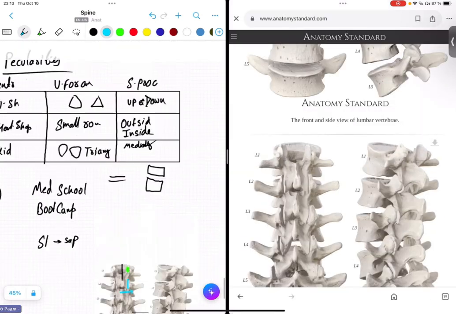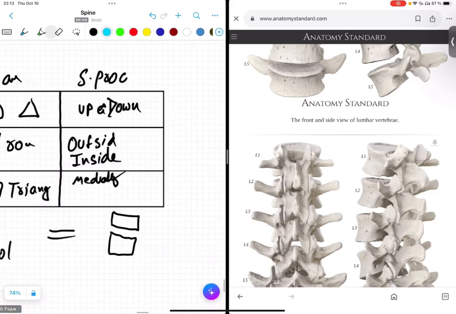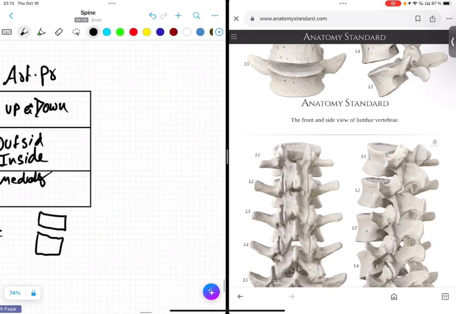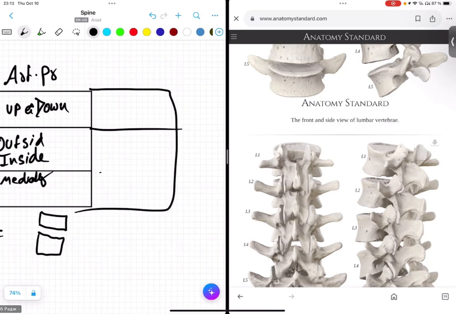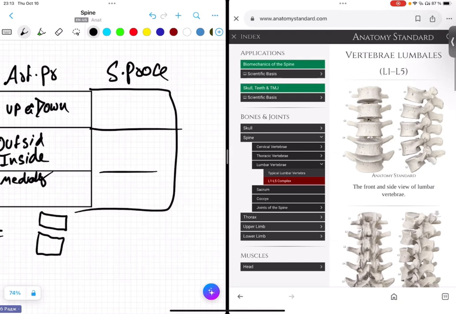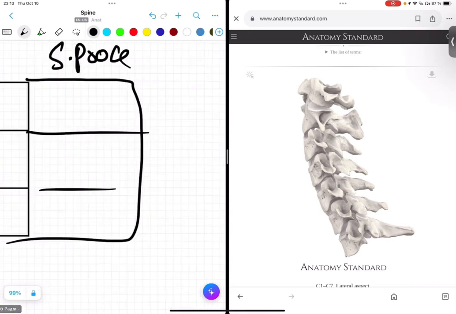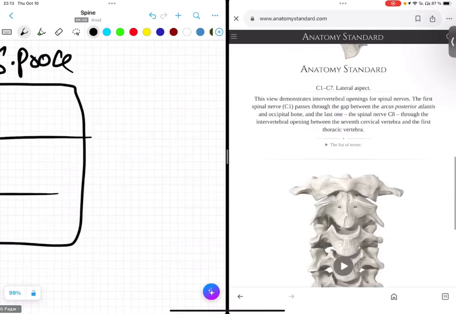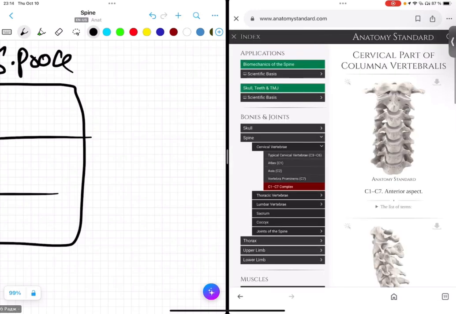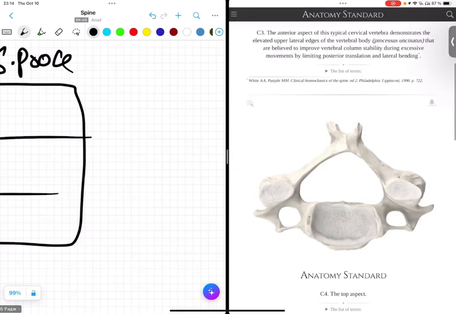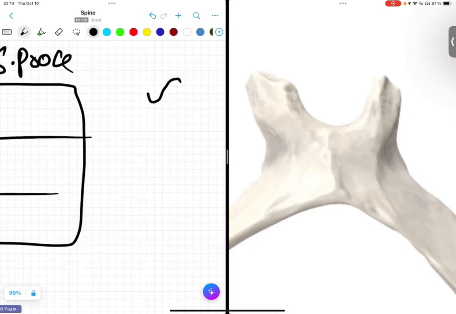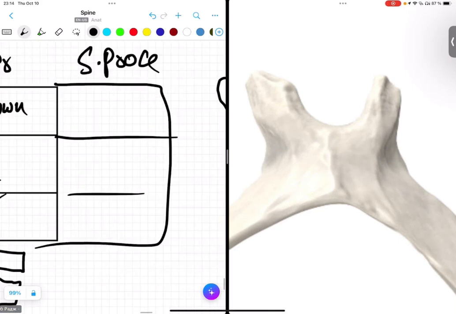Now let's see about our... this was not the spinous process, it was the articular process. Now let's see about our spinous process. In the cervical region, let's open cervical vertebrae C1 to C7 complex. Let me show you the typical first. Can you see that the spinous process is like the shape of the tongue of a snake? Yes. So this is bifid,